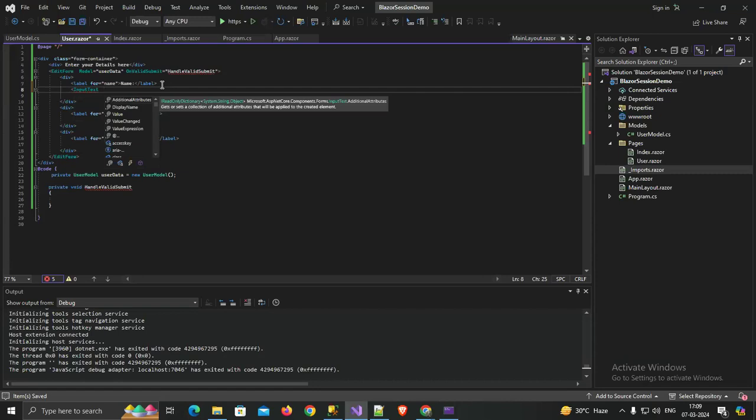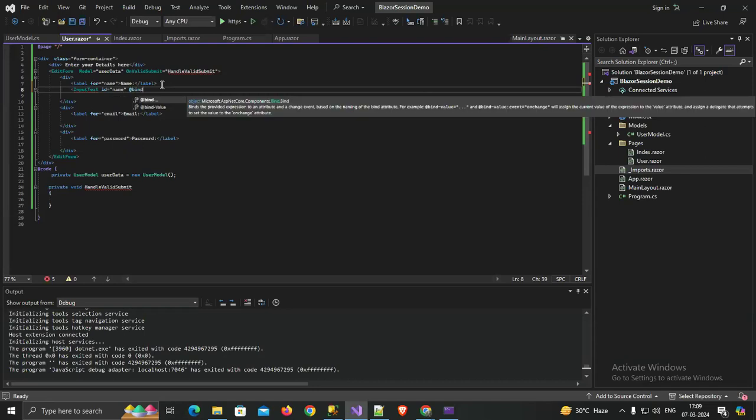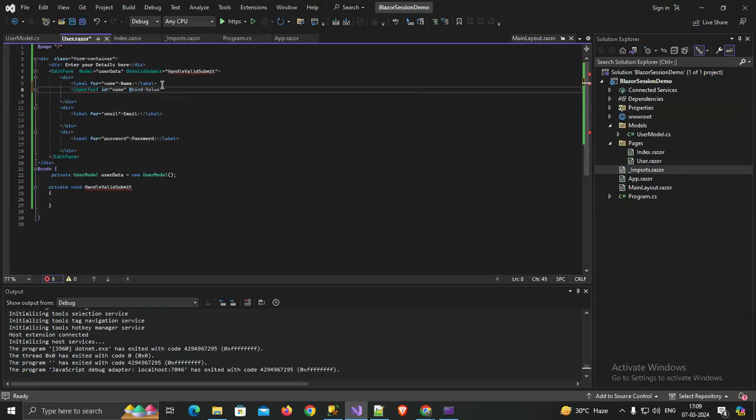I will show you how the data binding is done. I am giving an ID for referencing or styling, as name. Then for the data binding, I am using the attribute bind value, and bind value equal to